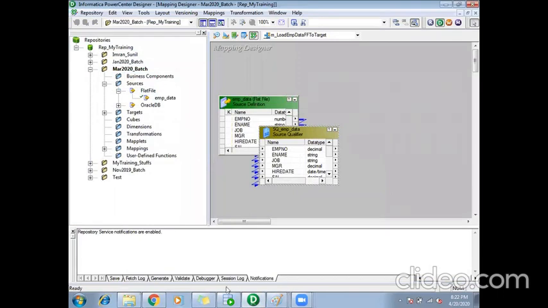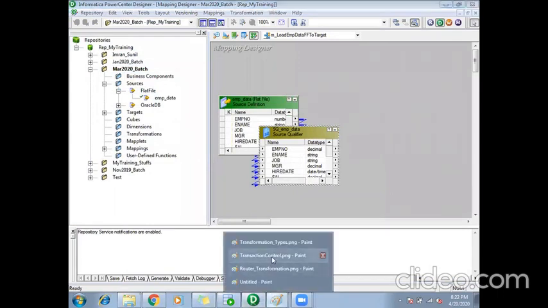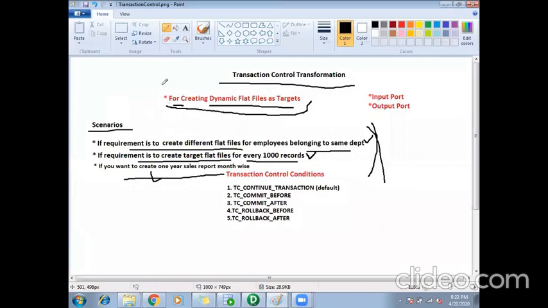One thing to remember here is that I can always dynamically create flat files, not tables. It is not a scenario where we create tables for every 100 records, or for every department. In a real-time scenario, we never create so many tables.